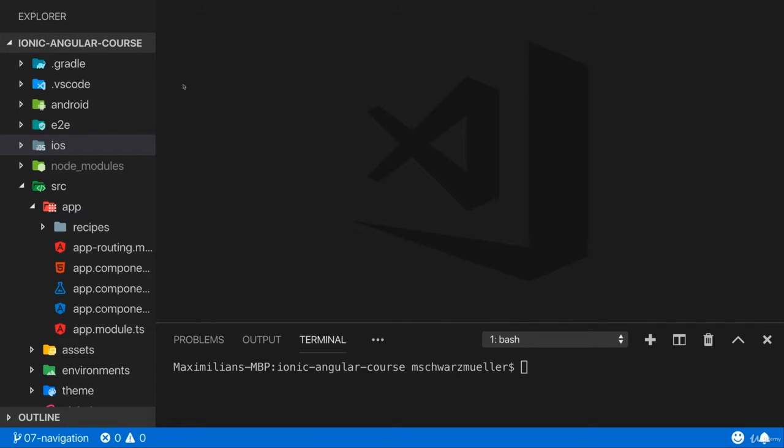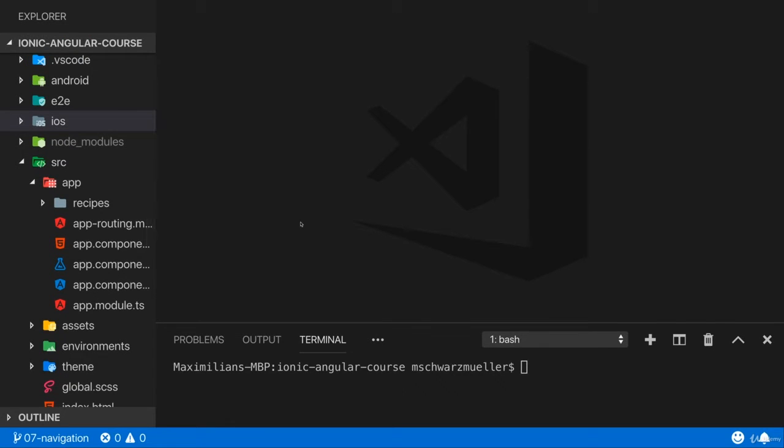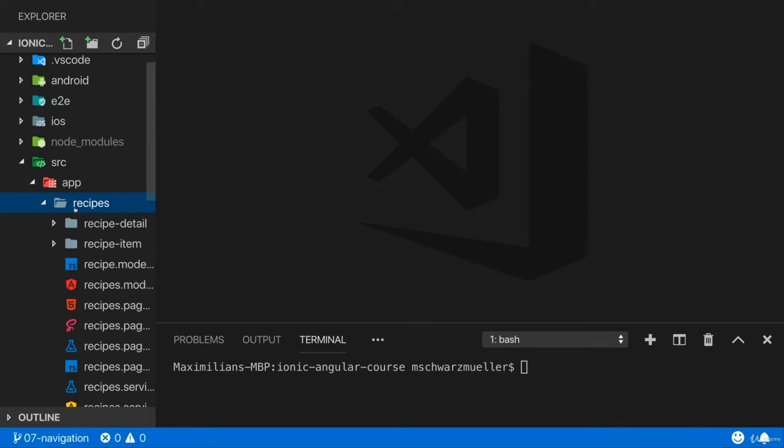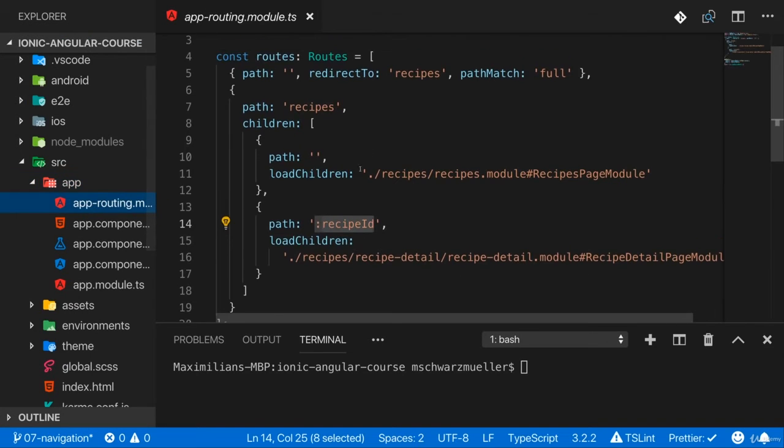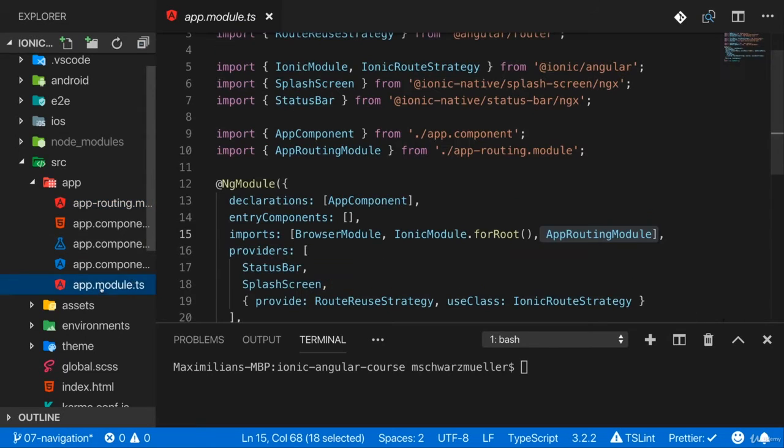So regarding that new project, I will actually continue with the one I have here, but you can of course create a new one with the ionic start command. What I'll do here is I'll simply get rid of my recipes folder here. Don't need that anymore. And then I'll generate new pages, and of course I have to adjust my routing here and so on. So let's start with generating new pages, and we can do that with the ionic generate page